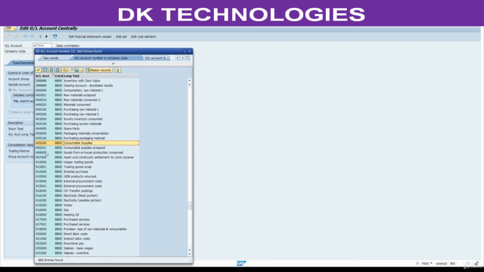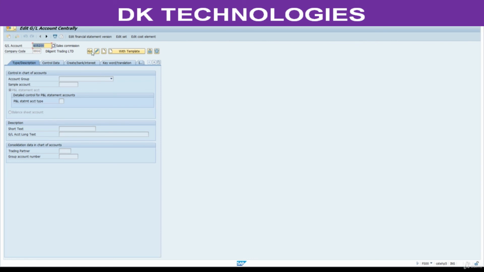Take any GL. It should be an expenditure GL. How to understand this one? Double click on this. Click on display. So here it is selected P&L statement. So no need to worry about this. What is the next step? Note down this GL. If you want to change this, you can change the description like this.